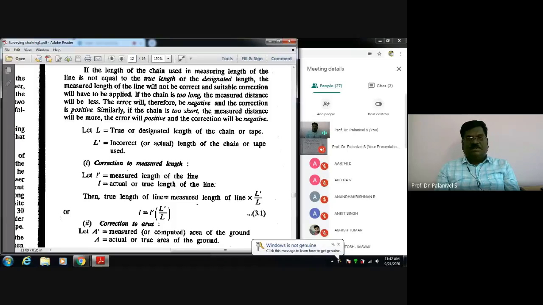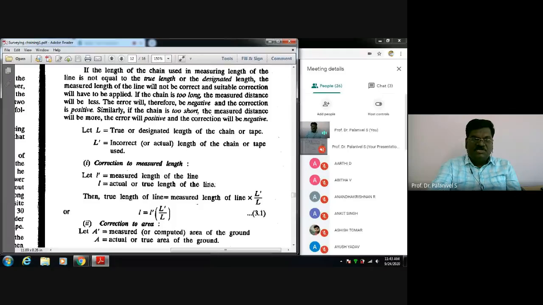Correction to measured length: if you want to carry out correction to the measured length, what to do? Let small l dash be the measured length of that line, and small l the true or actual length of a survey line. You are measuring it using the chain, whether it is too long or too short; the actually measured length is l dash. Now the true length of the line is equal to the measured length of the line into L dash by L. Remember this simple expression: true length of the survey line, small l, is equal to l dash